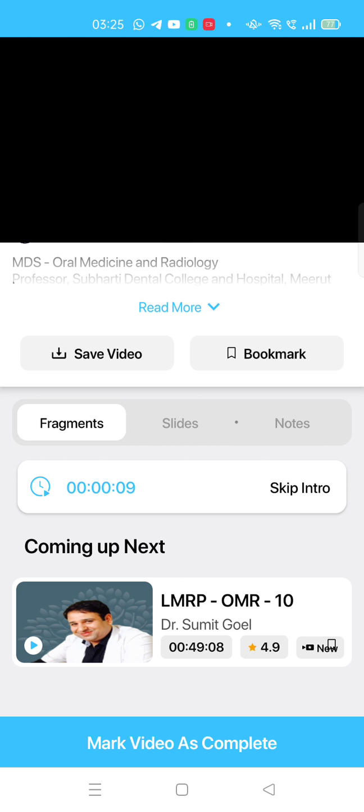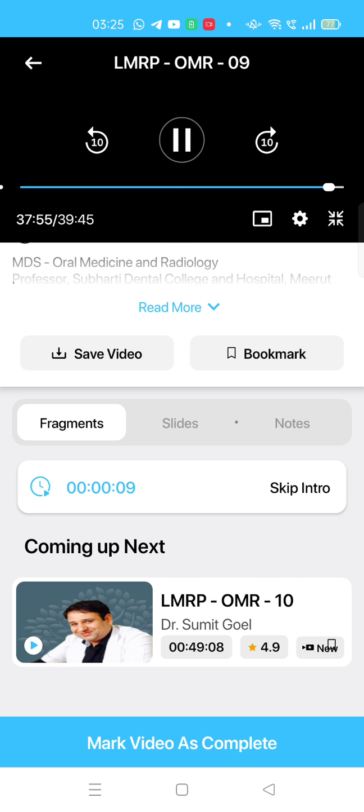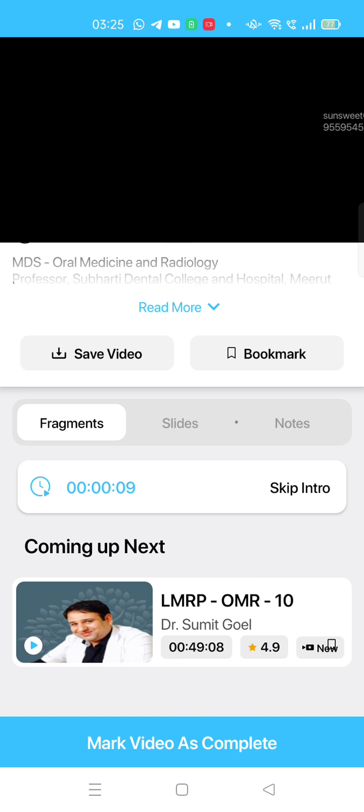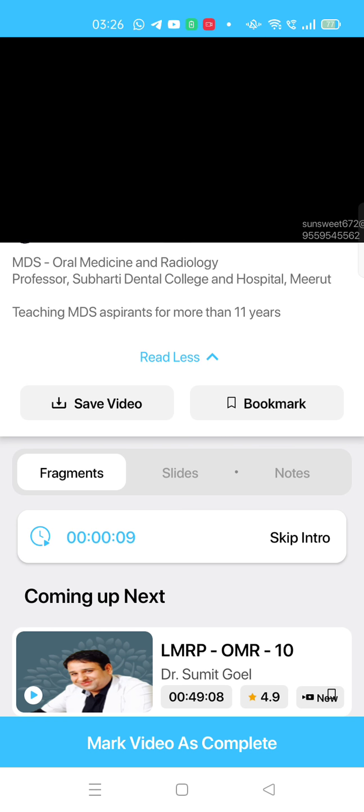We have discussed mucormycosis. It is ulceration on the palate in a poorly controlled diabetic patient, and it will be mucormycosis. Remember, the stain which stains this yeast or fungi is PAS stain, periodic acid Schiff. So in mucormycosis, if they ask you which stain will be used, then we use PAS stain because it is a chronic fungal infection.